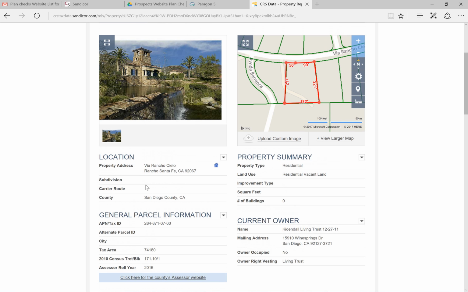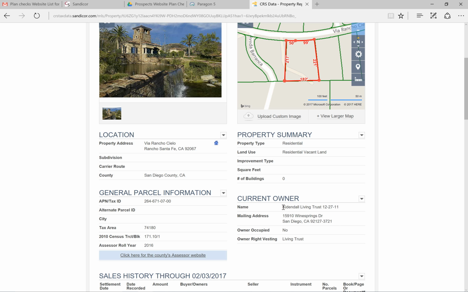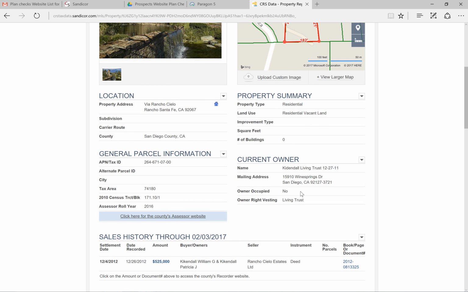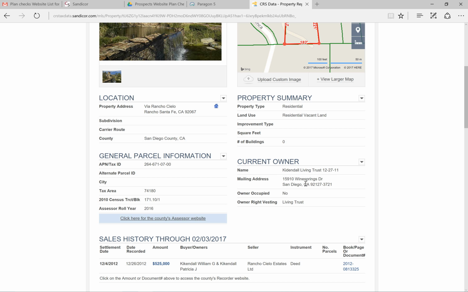But what we fill the rest of that information out with is, we can now see that it's the Kinnendall Living Trust. And it shows us their mailing address. So this is where they currently live, or at least it might not be their main property. It usually is, but it's definitely their home address that they chose to put down for it, so they live here. And yeah, so what we would do is we would copy this address,